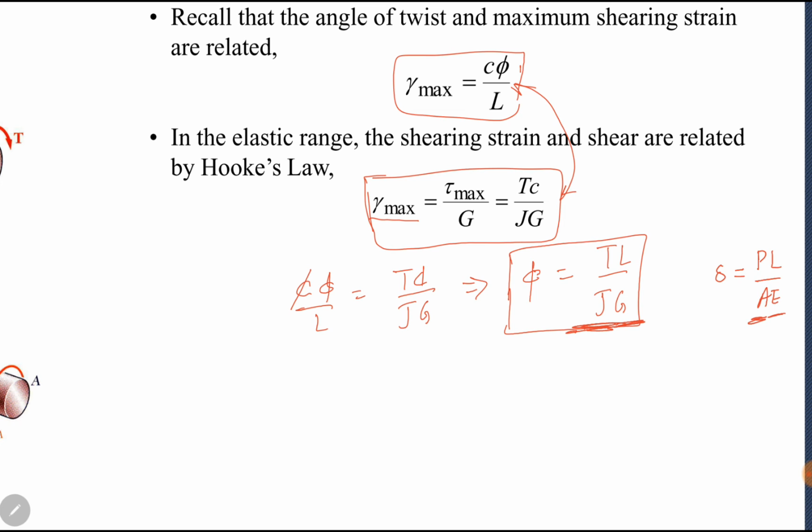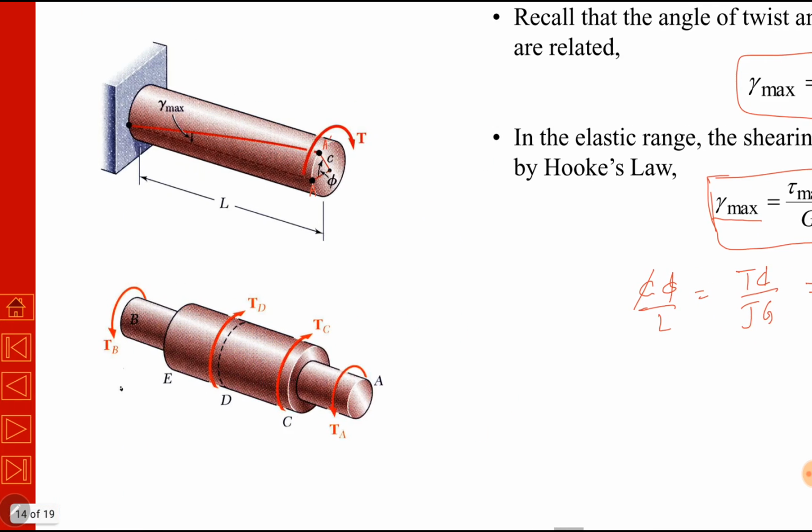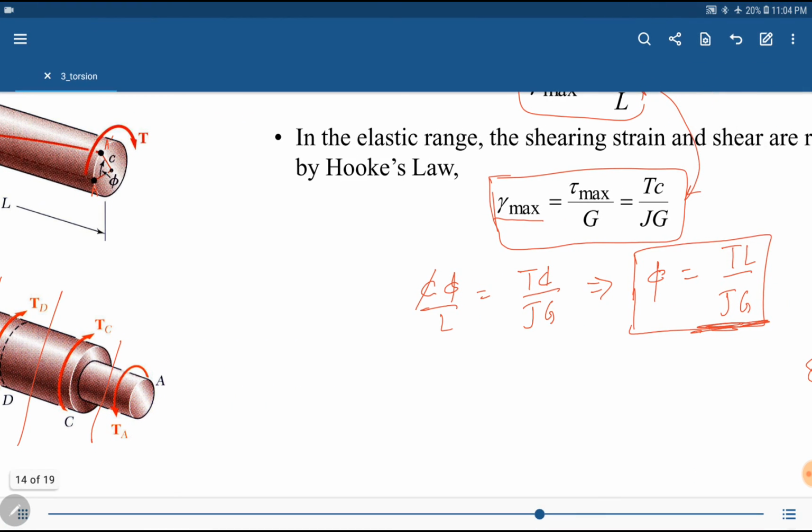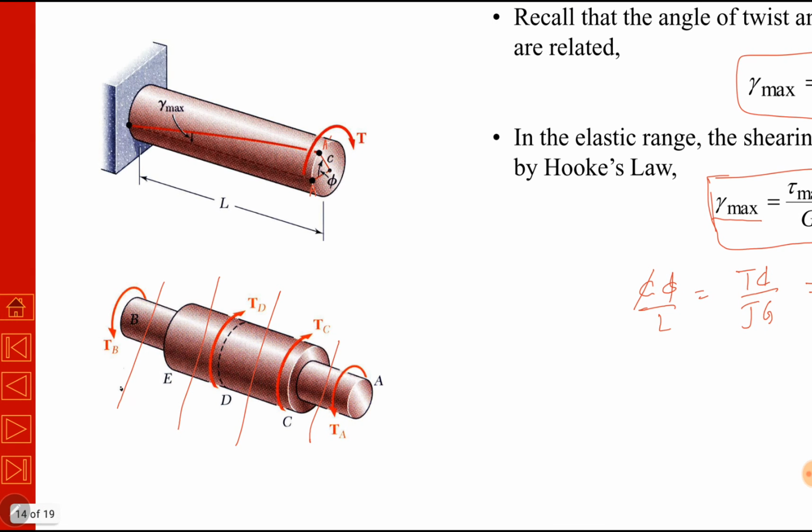Previously we know that if we want to find deformation in a structure which has a variable area or where loads are changing, the total deformation is the sum of the individual deformations. Similarly here, if the area, material, or loading torque is changing, we can section this between A and C, between C and D, between D and E, between B and E, and find the torques. So similarly we can find the angle of twist in each portion